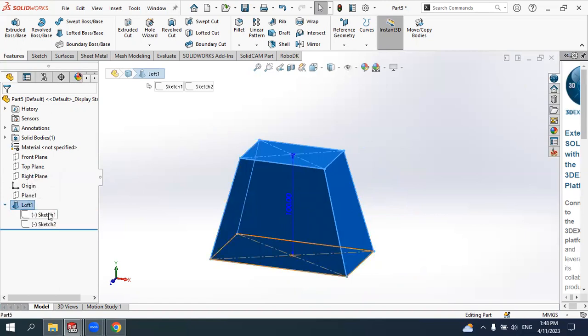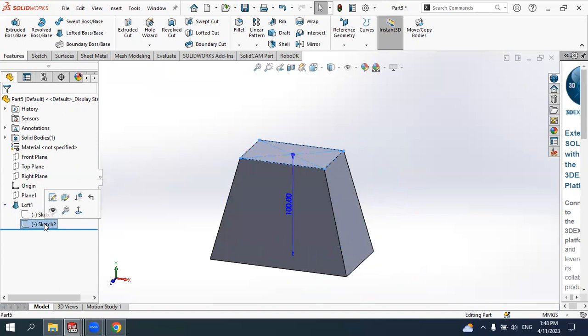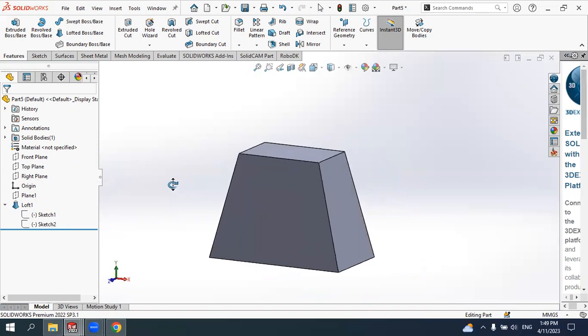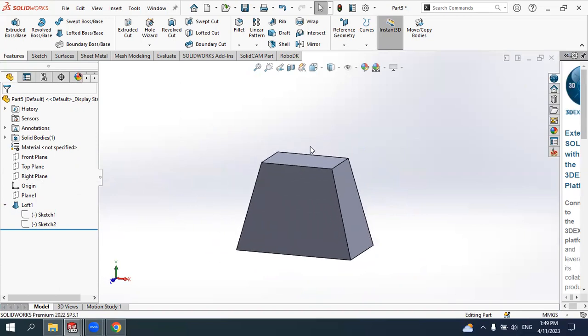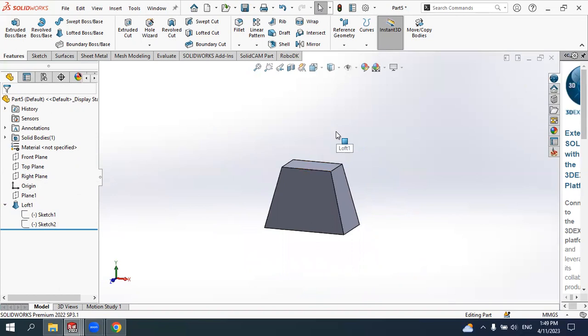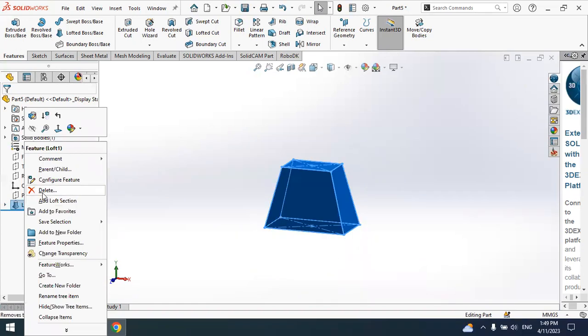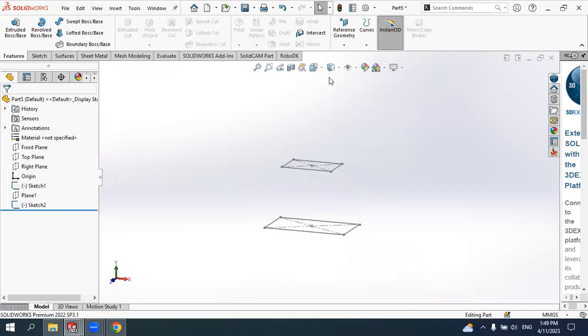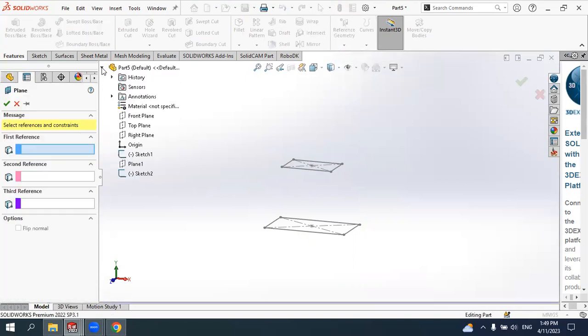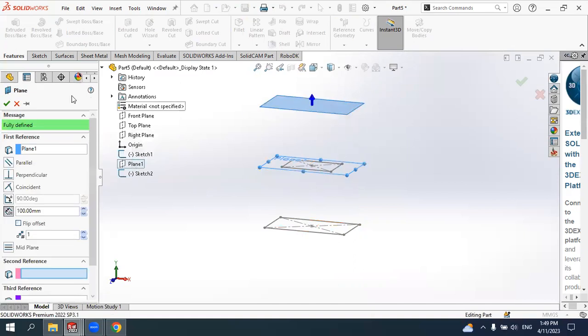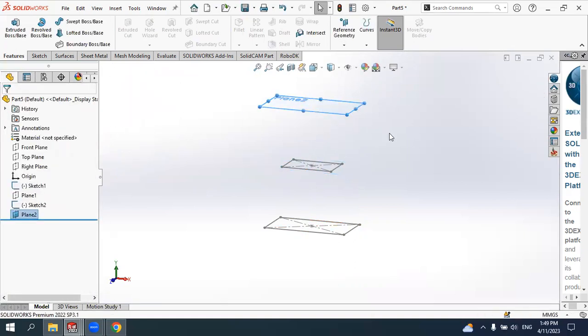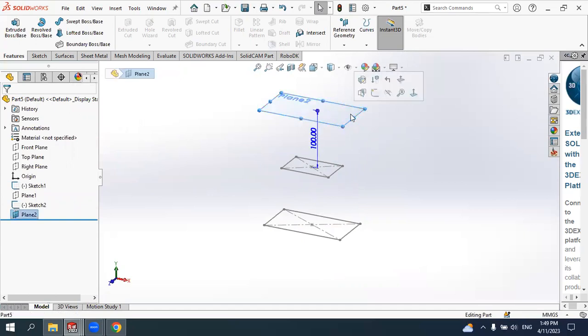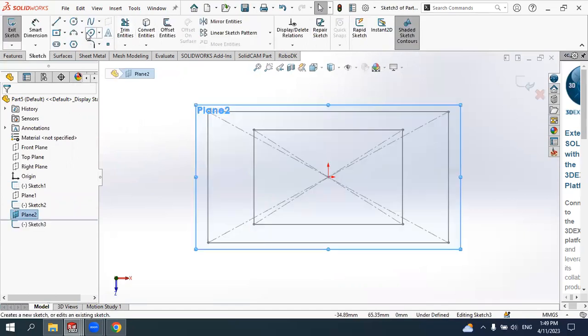If you open it, it is composed of the two sketches. That's the first sketch and the second sketch, both of which are rectangles. You can increase the number of profiles as many as you want. For example, I will delete this one, and let's create another datum plane here. With respect to this one, again 100 millimeter, new datum plane, and I will select this new datum plane and select the sketch, and let's create